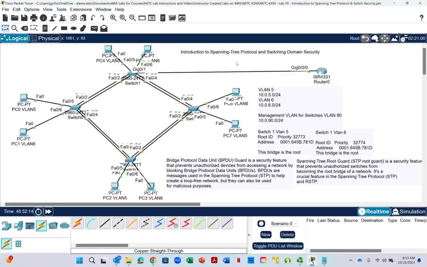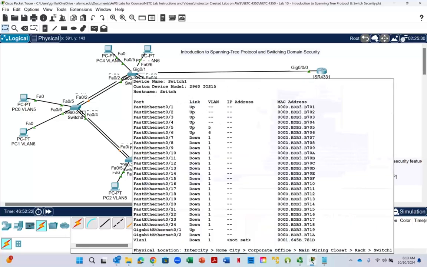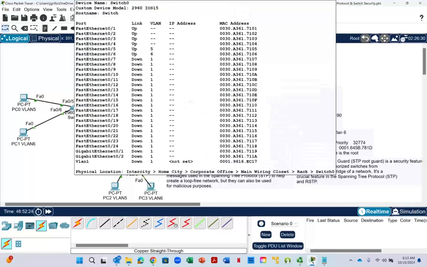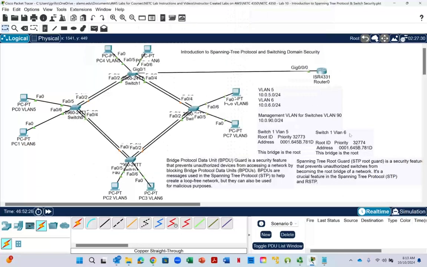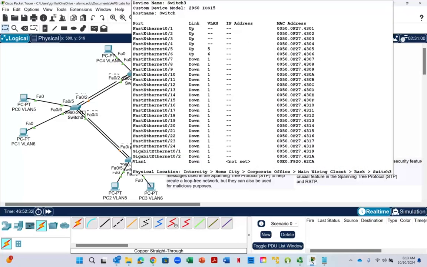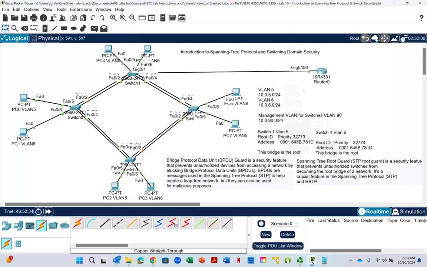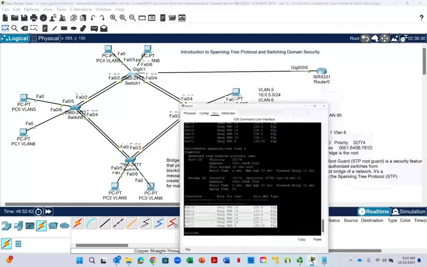So again, they're using the lowest MAC address since all the priorities are the same. So what we want to do is give switch 1 the lowest priority number, give switch 0 the second lowest priority number, and give switch 2 the third lowest priority number, and we'll leave switch 3's priority number the same. We never want it to become the root switch. Okay, so what we're going to do is click on switch 1,